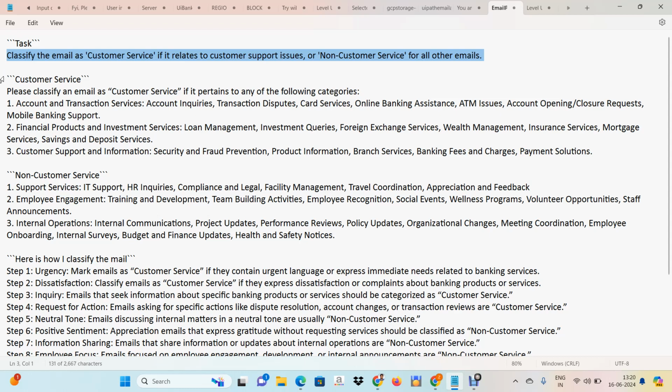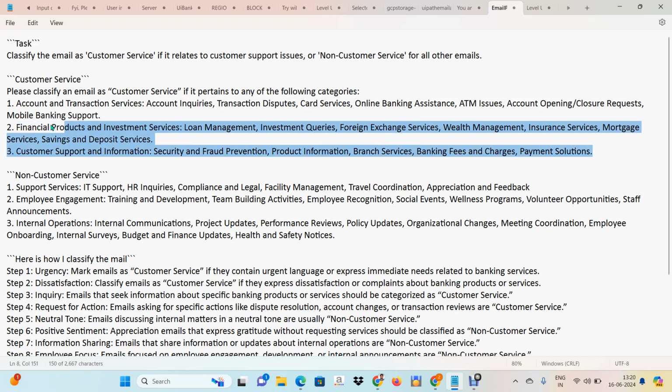And you are specifically instructing now what falls under customer service. I have mentioned a few things over here, like account and transaction services. If I talk about the account and transaction services category, inside that category there could be multiple subcategories, right? Those categories I have given over here, and I have used one more category and some other things. So if the customer's request falls under any one of these categories, then the LLM will automatically classify it